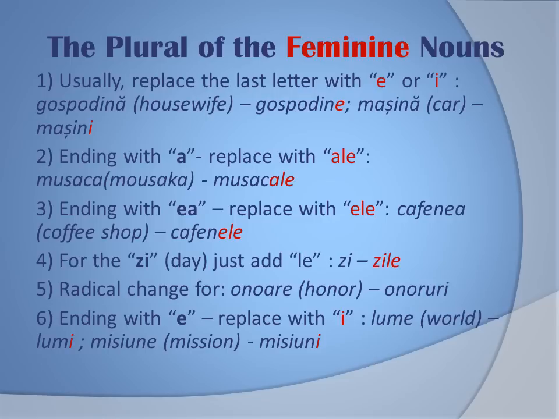Or let's have the next example. Mașină becomes mașini. For the nouns ending with a, you only need to replace a with ale. And we have musaca, which becomes musacale. For the nouns ending with the group ea, you need to replace the group ea with the group